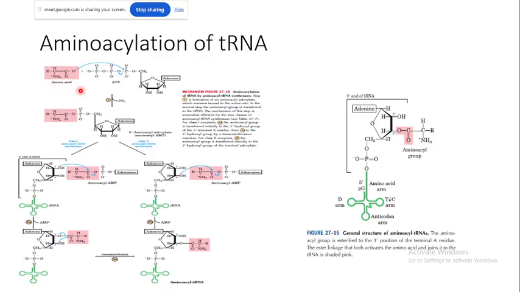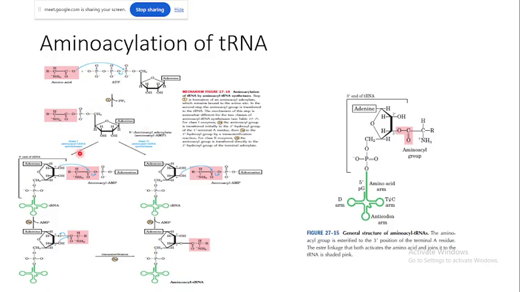Suppose there is an amino acid here, and this is the ATP. This amino acid has the COO minus, so O minus is electronegative, so this will make a nucleophilic attack on the alpha phosphate of ATP, right? So this bond will be broken, so the beta and gamma phosphate will be removed as PPi, and this AMP will be conjugated with the amino acid. This is called charging of the amino acid. So this is actually aminoacyl AMP, right? This is called 5' aminoacyl AMP, where AMP is charged with the amino acid.